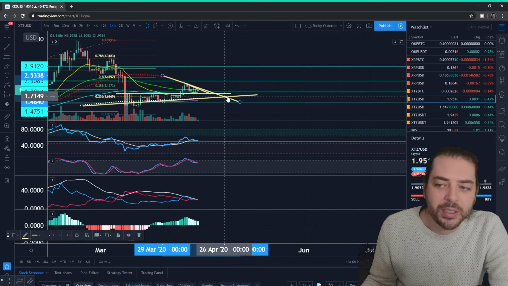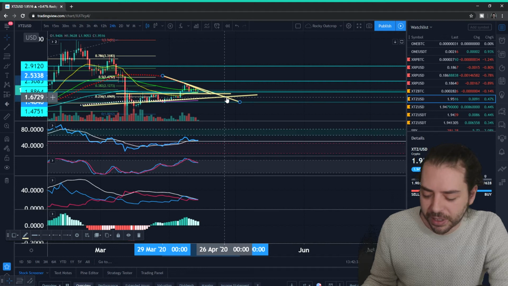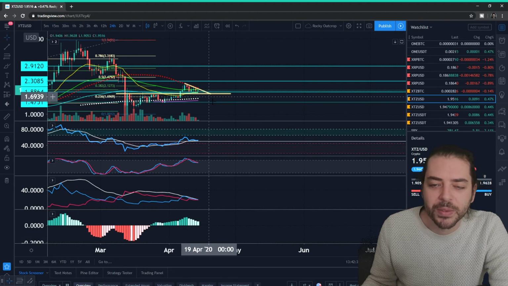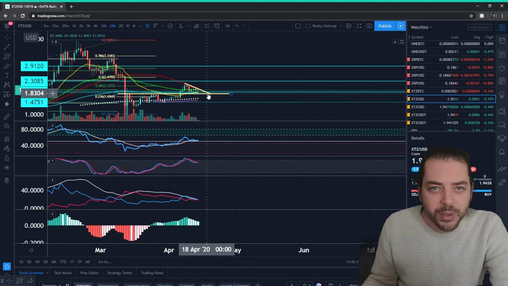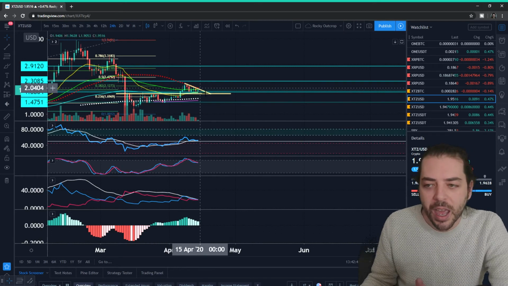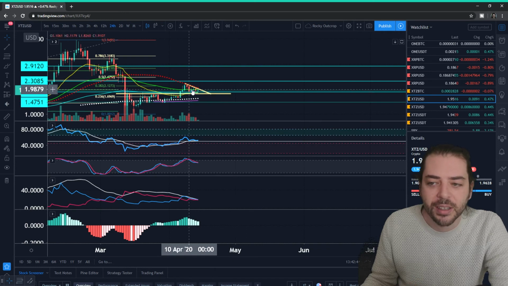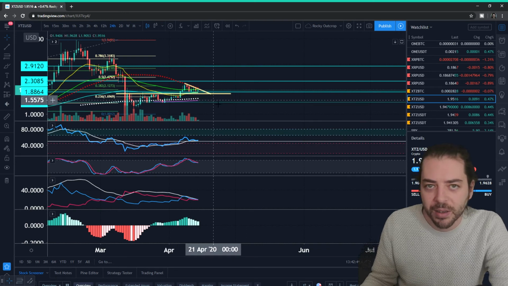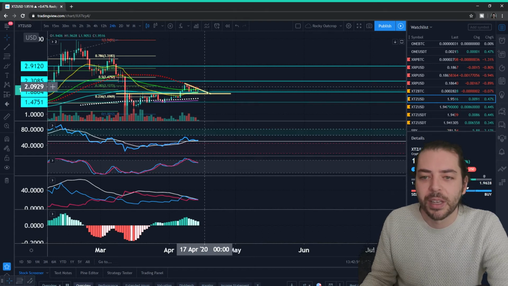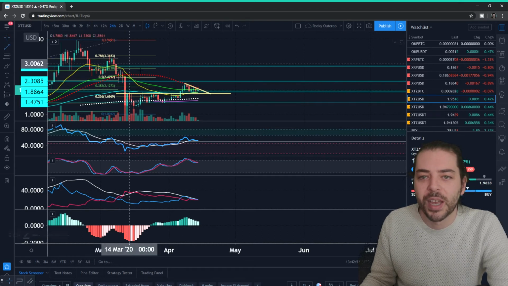We don't want to see them come down and actually touch and potentially cross, and doing so in terms of the price action would be going past those levels and doing what we were talking about anyway. You could just see the evolution of these moving averages at the time should you have a negative scenario play out. Likewise, should you have a positive scenario play out, you can see the evolution of these moving averages